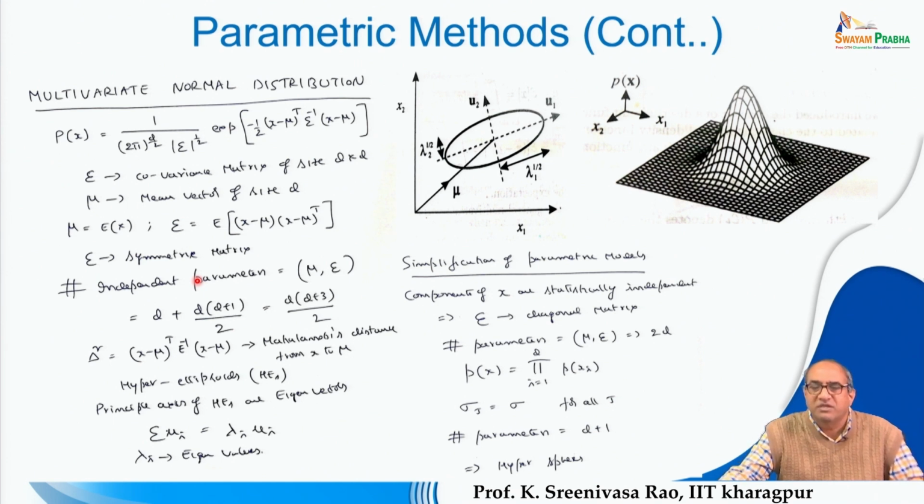So when you try to estimate that in the case of the d cross d matrix, the d cross d matrix appears to be symmetric. It means that when you estimate the correlation between component 1 and 2, and component 2 and 1, they remain the same, because the relation between components 1 and 2 is nothing but components 2 and 1. So when you analyze the covariance matrix, it is a symmetric matrix with respect to the principal diagonal,